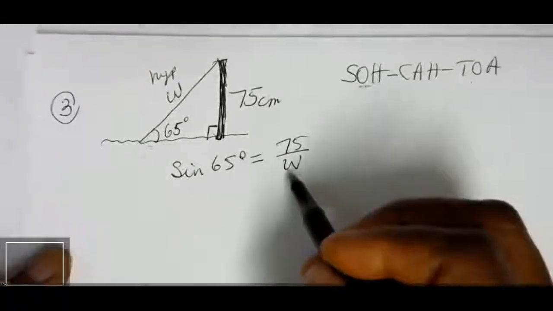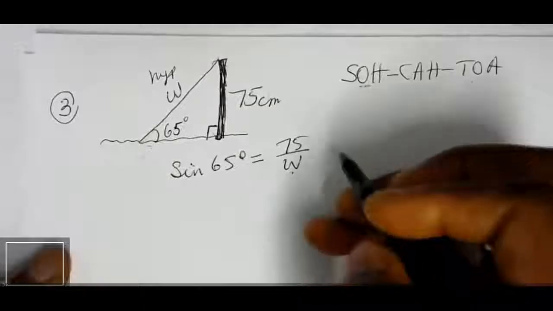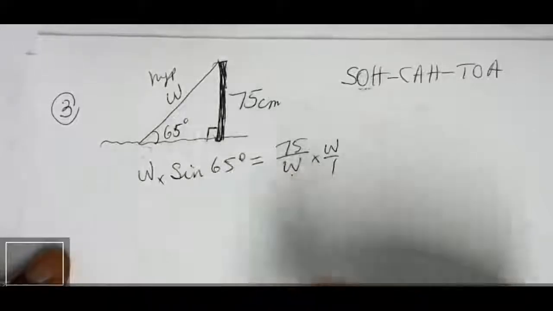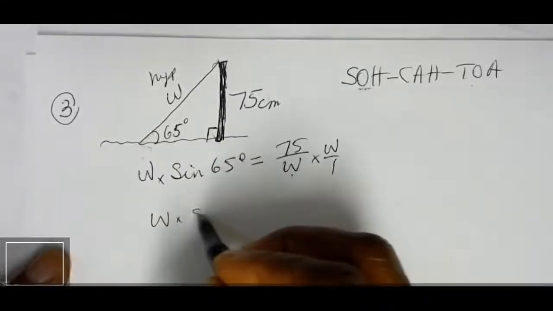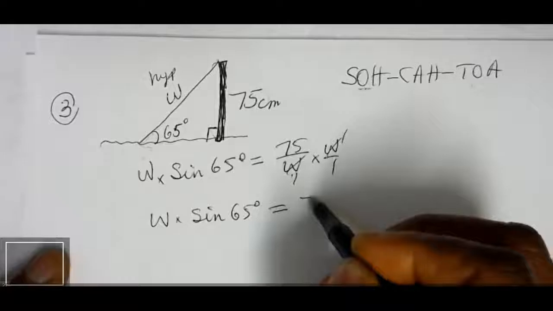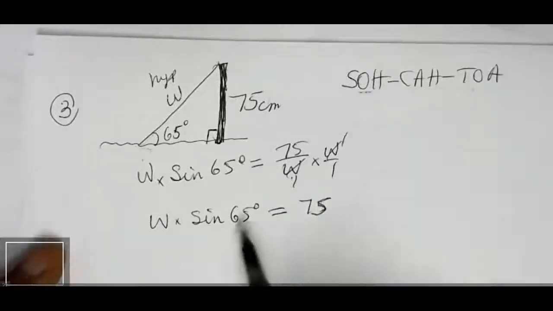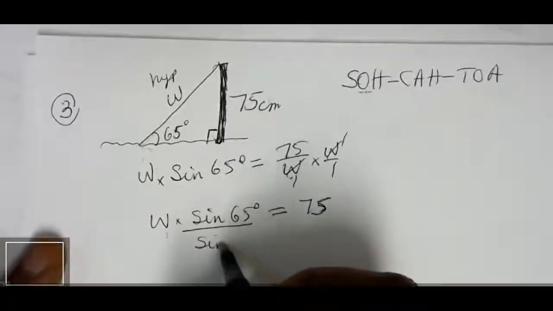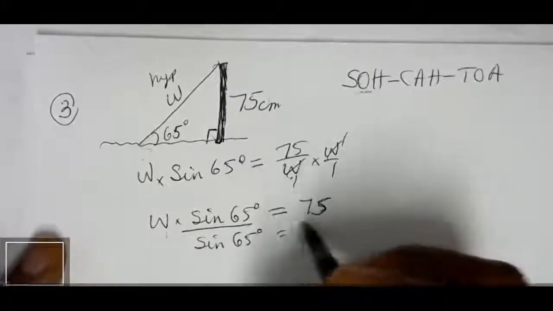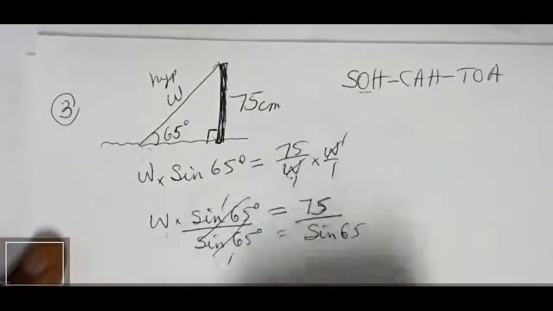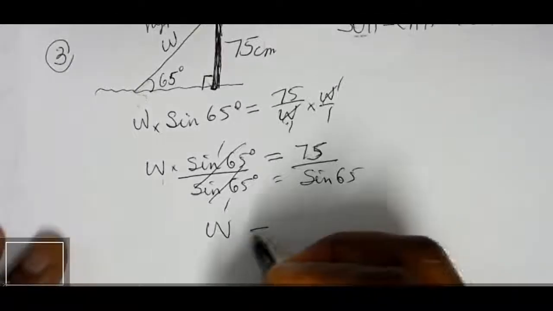Now we solve for W. First of all, get it out of the denominator. Multiply both sides by W. That will give us W times sine 65 degrees equals, this we cross out, 1 equals 75. Now W is out of the denominator. What do we do to get rid of sine 65 degrees? This is multiplication, so we divide both sides by sine 65. So this crosses out. So W is going to be